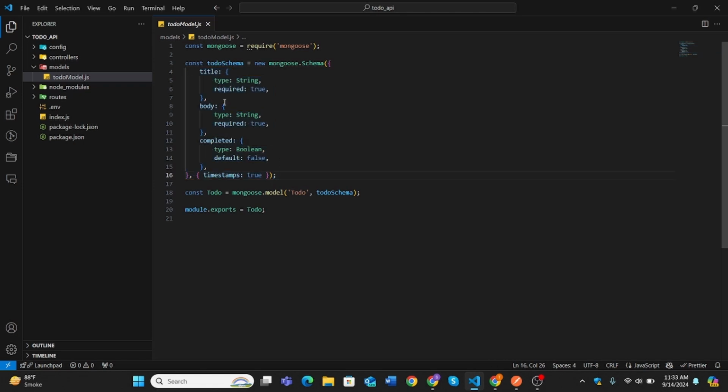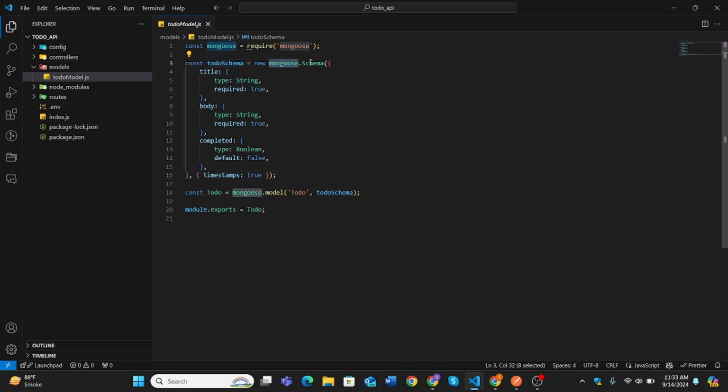This is Mongoose's schema, and after creating the schema I have converted it to a model. First of all I have imported mongoose, then created a new instance of todo schema